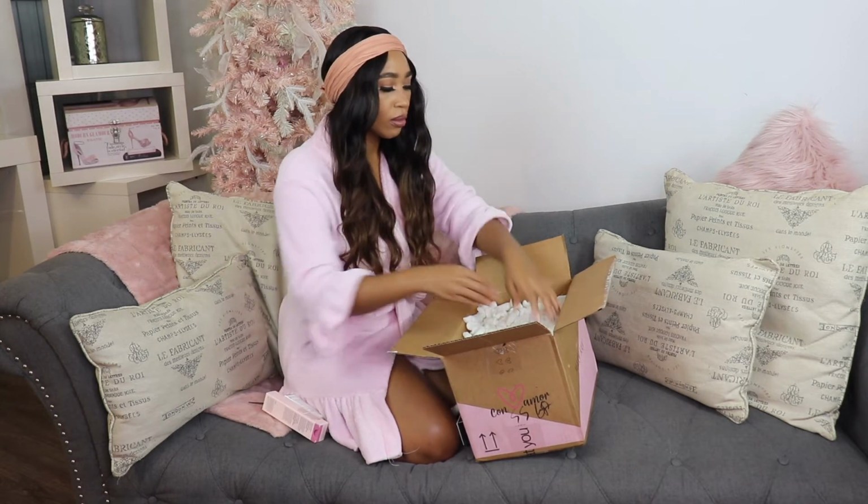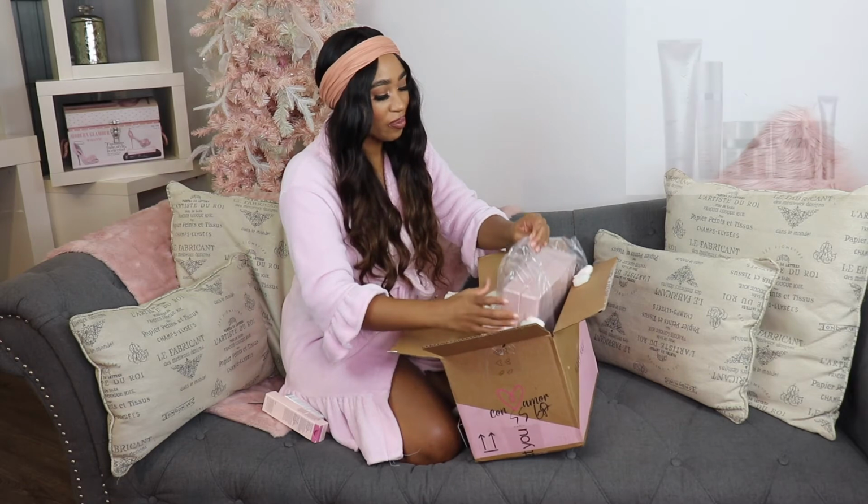What is it? I want to say it's similar to Vaseline, but better. It's for like burns or cuts. You can put this on your skin for added hydration. Love this. I use this on my lips when I have chapped lips. I use it on my hands, my feet, my elbows, any dry areas. I even put it in my hair for a little sheen, a little moisture. Love this. Okay, what else do we have? So we have extra emollient. We have the oil. The next thing I got was